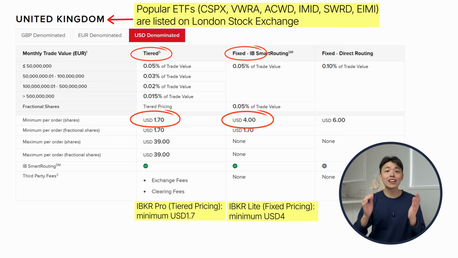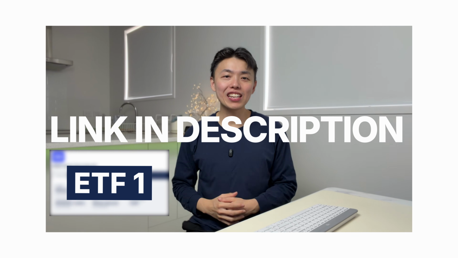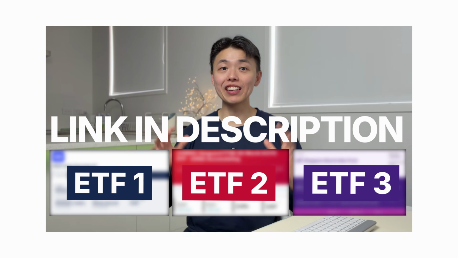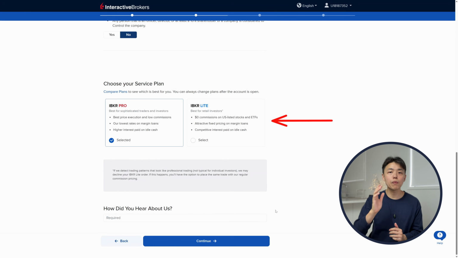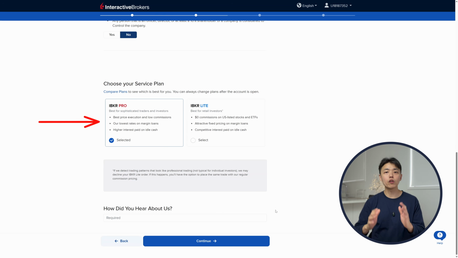Pro plan. Here's why it matters for Singapore investors. ETFs listed on the London Stock Exchange often have tax advantages over US listed ones because of how dividends are taxed. I covered this in detail in my video, the only 3 ETFs I would buy if I had to start over again. Link below. The bottom line, Lite is cheaper if you are only buying stocks listed on the US. But for tax benefits or buying stock listed outside the US, the Pro is cheaper, and that's what I recommend